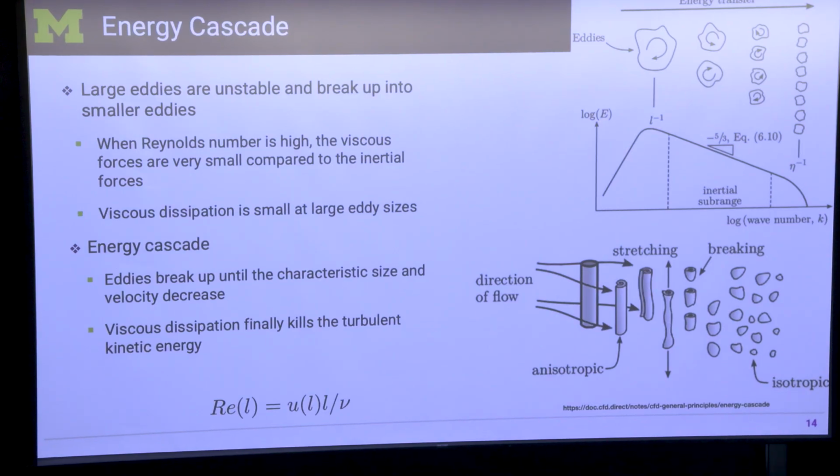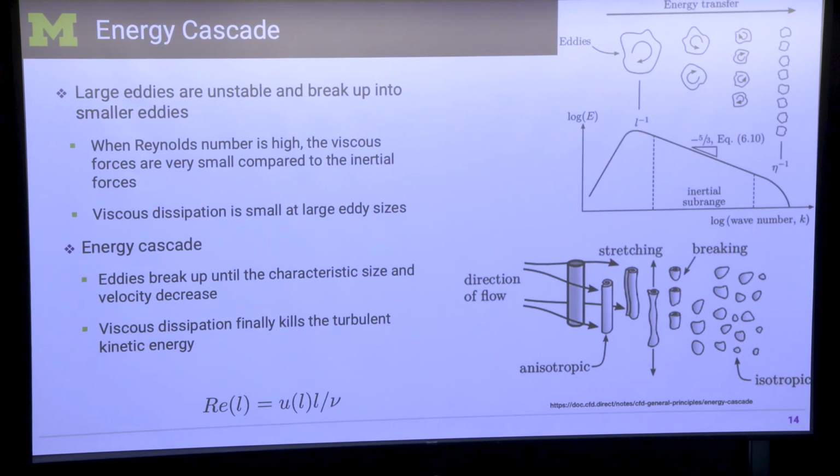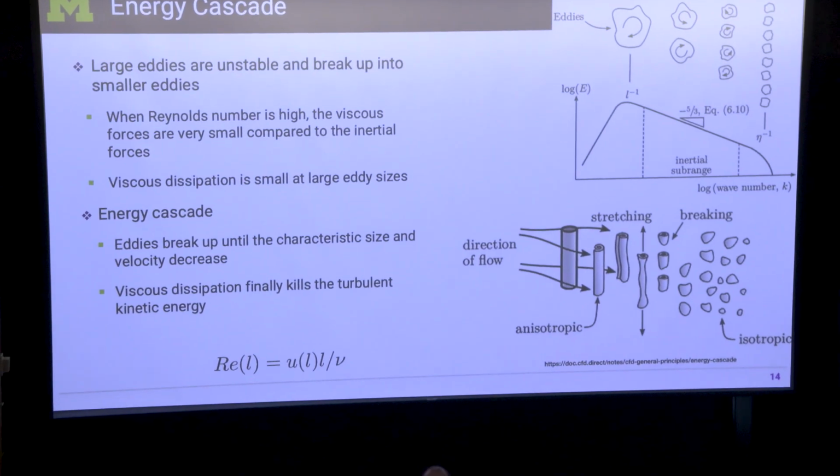And that's a picture. I got it from this website. I found this picture much more useful than what I would draw with my hand, so I just took this one. So there are these initial eddies, and instead of thinking of eddies in two dimensions, like something that's circular, like spiral, this is actually like a sheet of paper that's been rolled. And so when you look at it from the top, it looks like a spiral, but when you look at it from the side, it's like a tall structure with the spiral thing on the top. And what happens is that long structure pinches, breaks off, and forms these smaller eddies, okay?